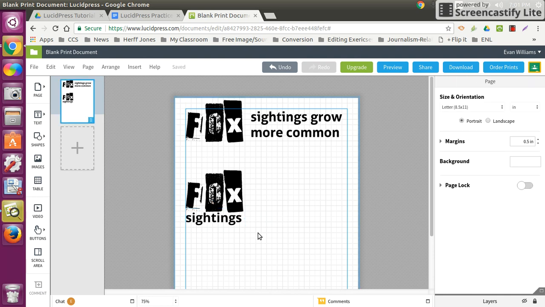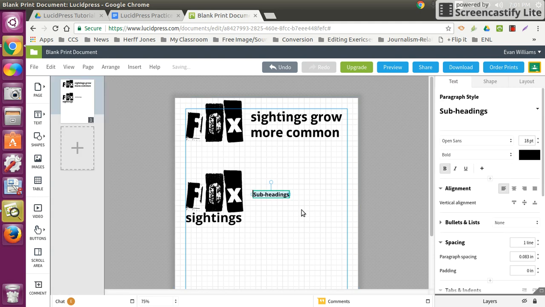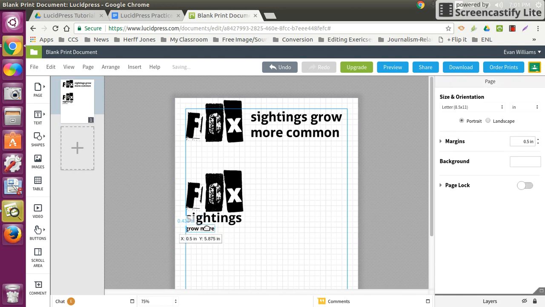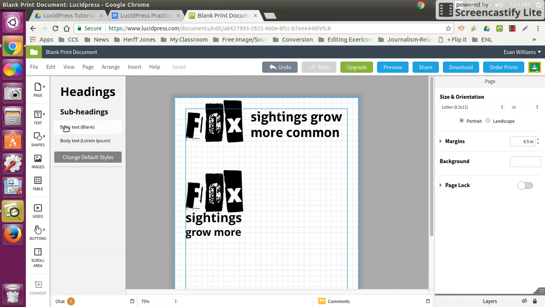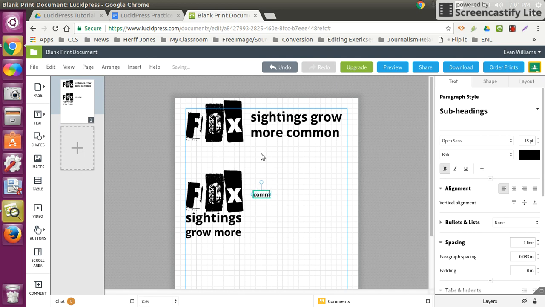So maybe grow more can be its own text box. Grow more. I'm going to place that under sightings and then stretch that text box out. Highlight the text, and keep clicking the arrow up until it's as wide as the word sightings and Fox. And the last thing I want to do is common. So click text box and write the word common and place that underneath grow more. Stretch your text box out. Highlight the text and then click the arrow up until it is as wide as the words grow more, sightings,